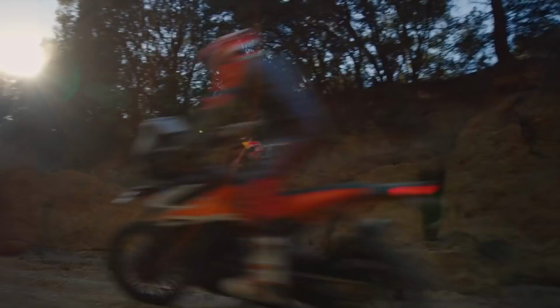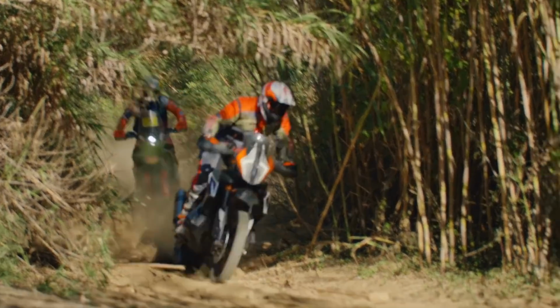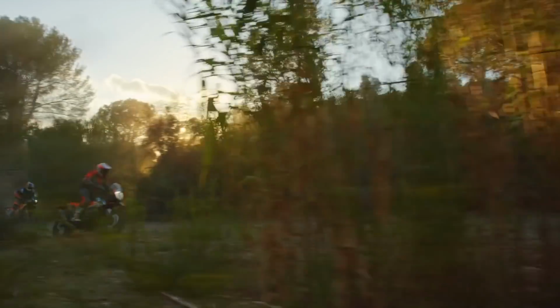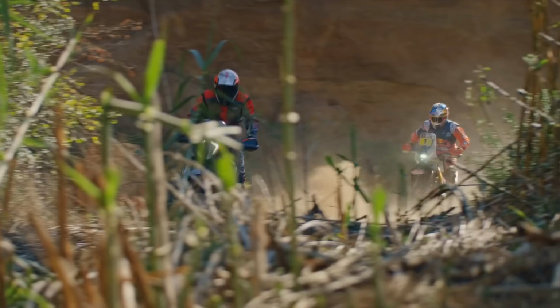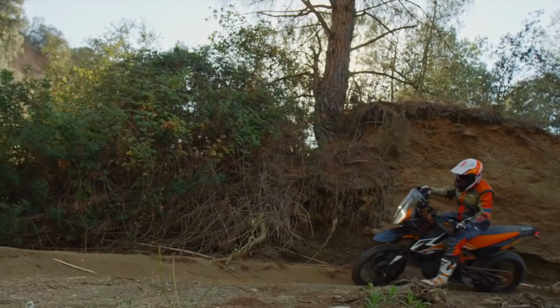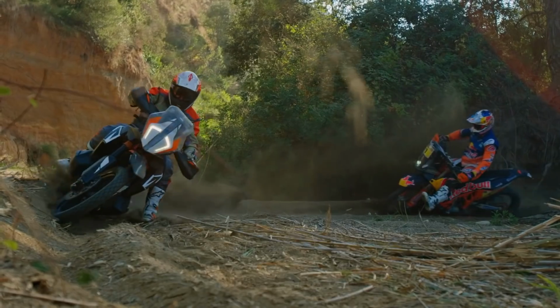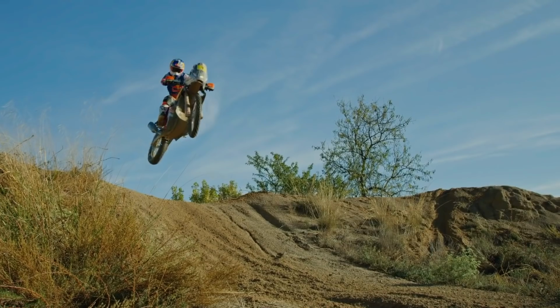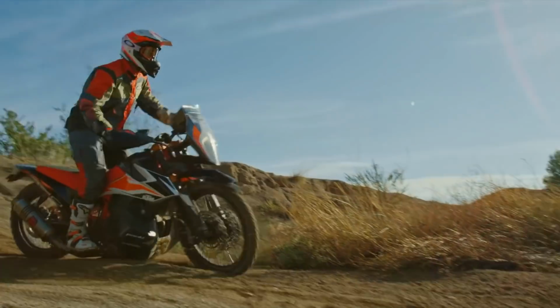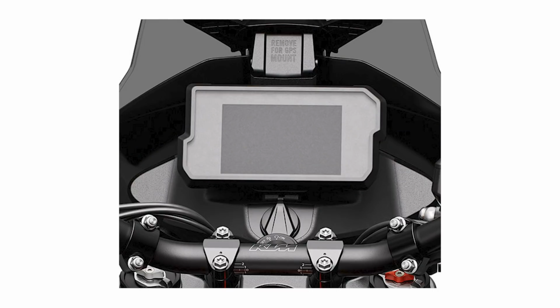It uses a 21-inch front wheel and 18-inch rear for genuine off-road ability, with Metzeler's Karoo 3 Adventure tyres on hand for on and off-road work. In terms of tech, there's cornering ABS and lean-sensitive traction control, an off-road ABS setting that lets the rear slide, a bunch of riding modes including a rally mode, a TFT dash with phone connectivity, and LED lighting to name